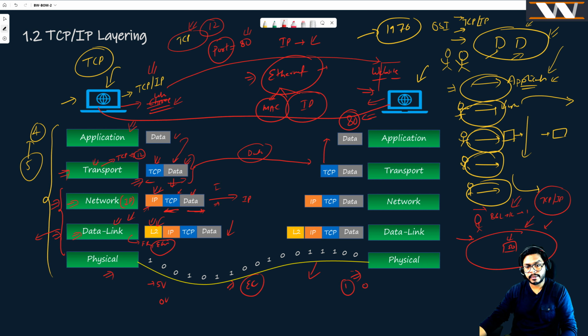If this cable is not the copper cable, if this cable is the optical cable, then instead of current, actually light is flowing over it, right? And we can again encode these values there so that the destination can understand. So basically this is the whole idea of having the layering approach. But this is very, very important to understand,